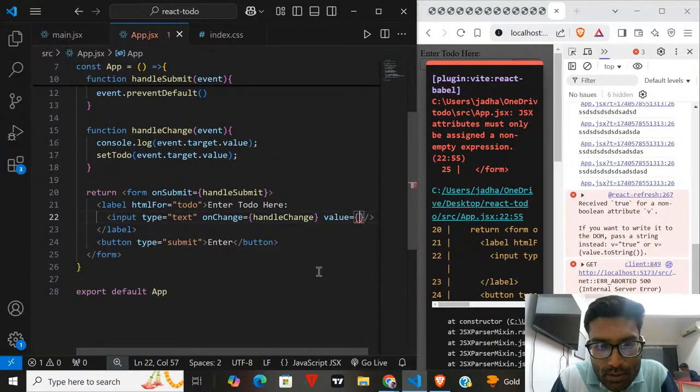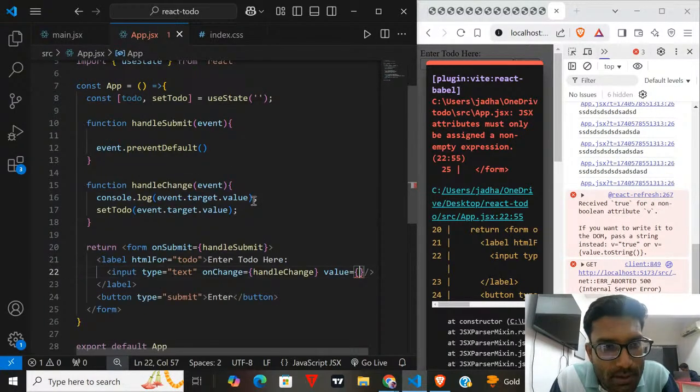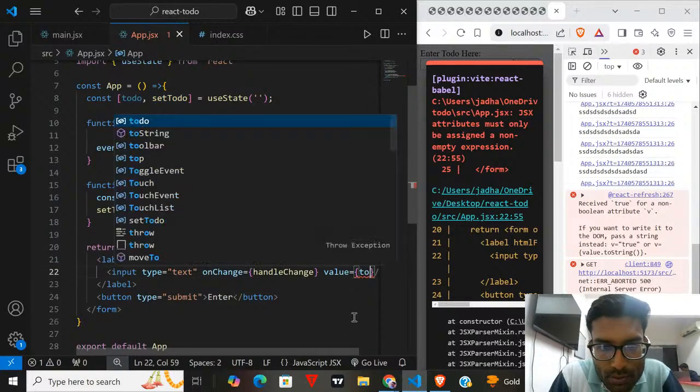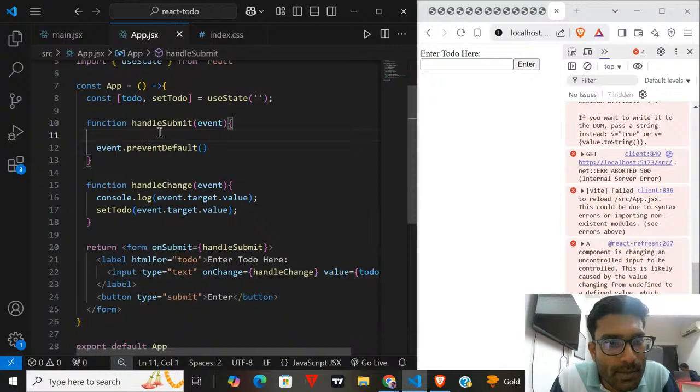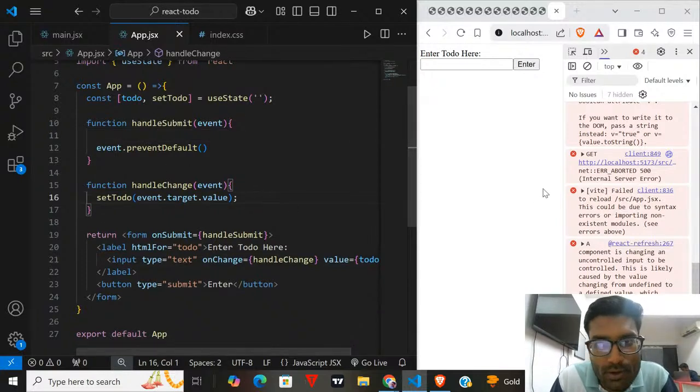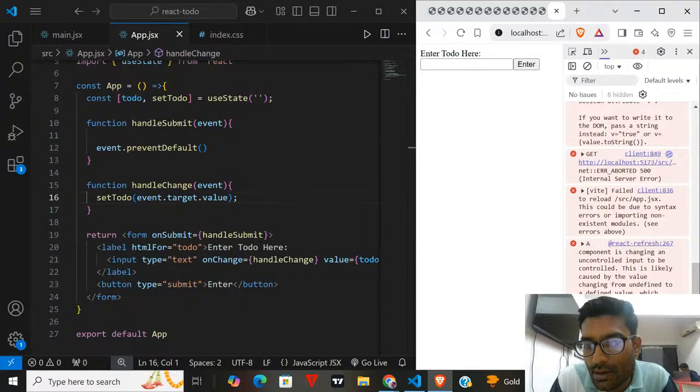So now I can assign the value of this input to this to do, whatever we are setting here. So let us give to do here. And on submitting this, let us leave it empty and delete this console log. I don't want to give anything.